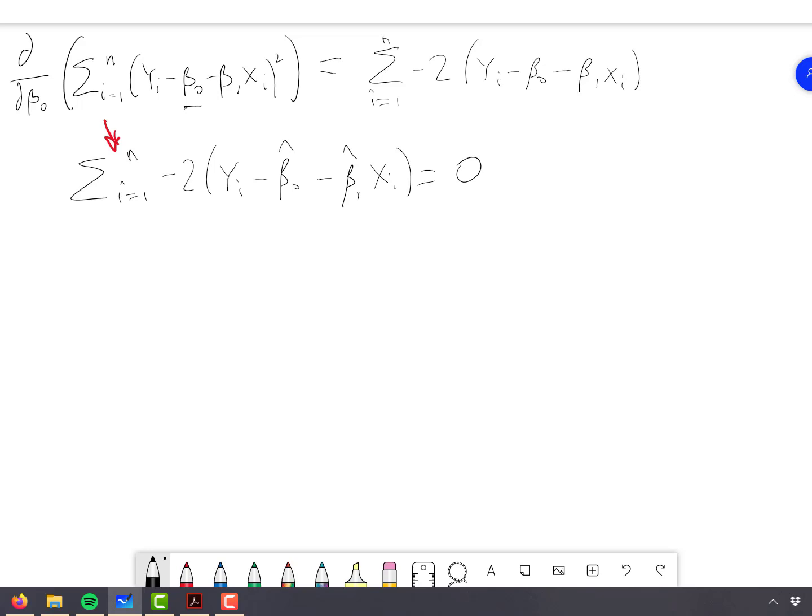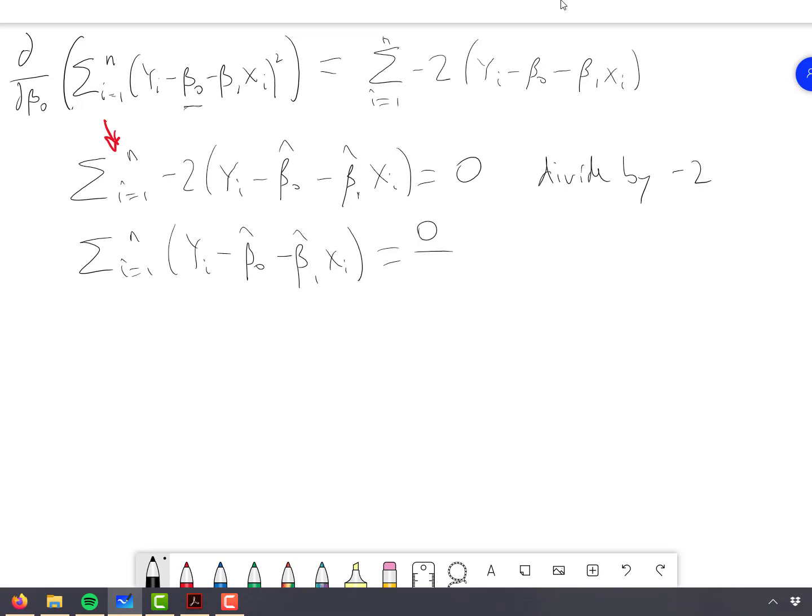So the first thing we might want to do is to simplify this a little bit. We want to divide each side by negative 2. The reason we want to do this is because we can get rid of that constant term, which really isn't doing anything except making a bit of a nuisance for us. So if we do consider doing that, we'll see here we have i equals 1 to n and we just basically rewrite our equation here